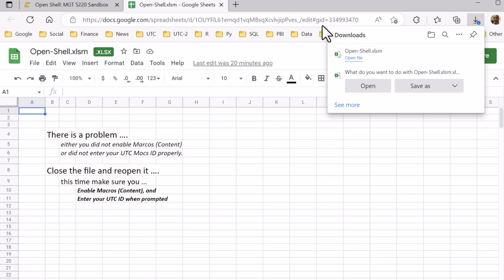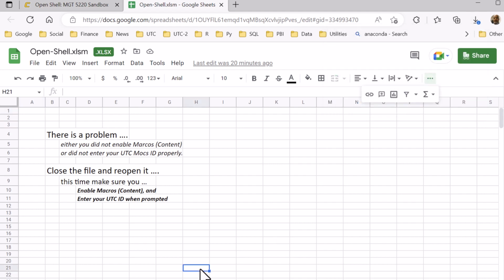Now, if you don't get this prompt, the file is going to save in your default download folder, and then it's going to open in Excel and it'll give you an error message because, as I said, the format of the file does not match with the extension. So you have to just ignore that error. So click OK, and then go to